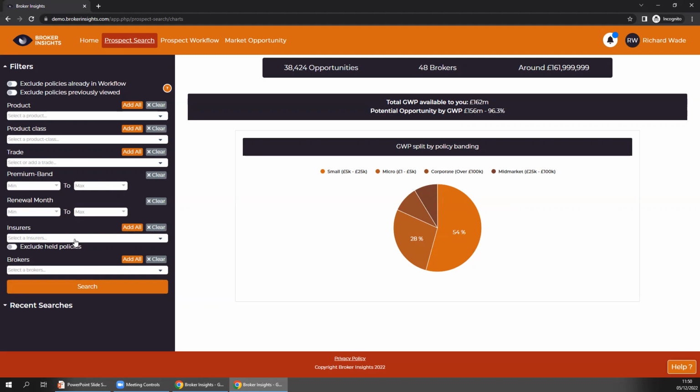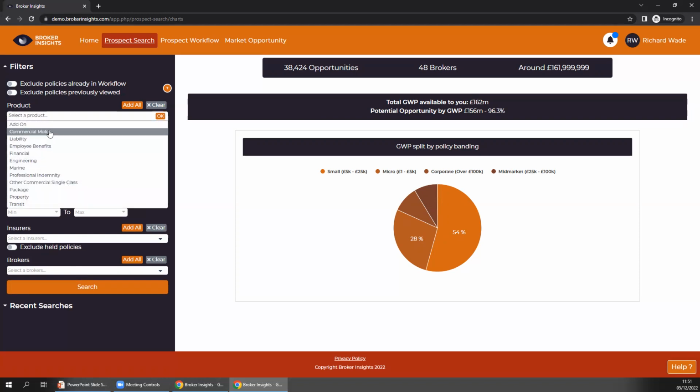So like yourselves, if an insurer gets wind of another insurer pulling out of a market, they can find that insurer and say, well, these are the opportunities that are sat with that insurer. Let's speak to the brokers about them and see if we can win some of those cases. It's all about that. They can also target certain brokers. So if the insurers know they have a meeting coming up with you, they might just focus on your office and identify some cases to talk about in that meeting.